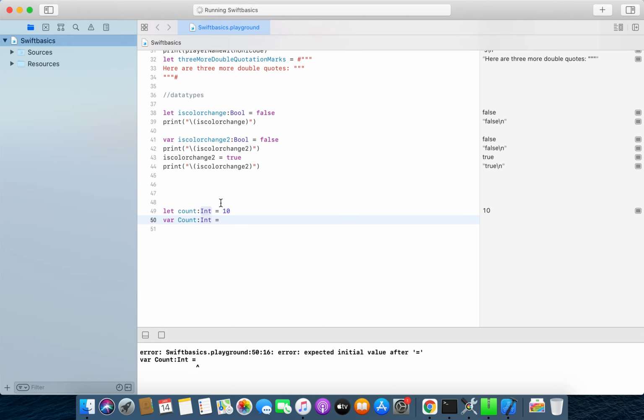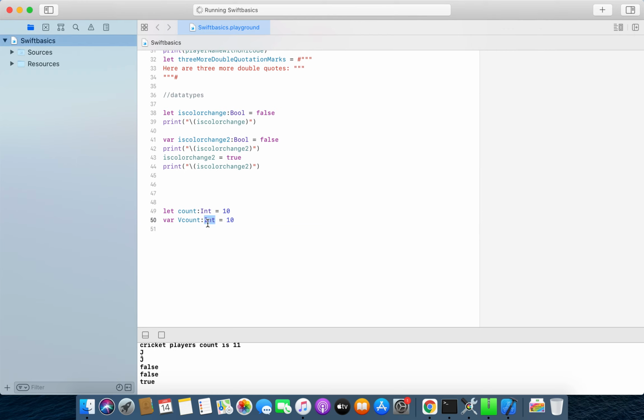A count with a small c is different from Count with a capital C. So I am using Count with capital C for a variable. Or you can also use some other name like vcount, a variable count.